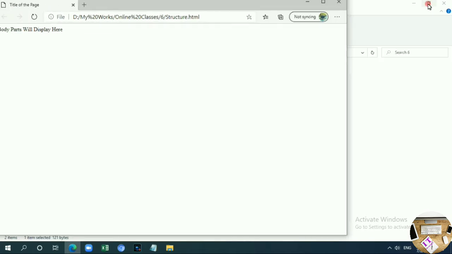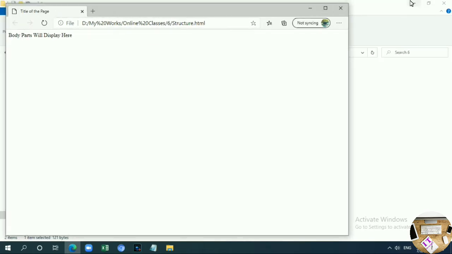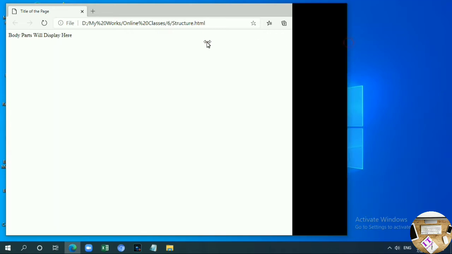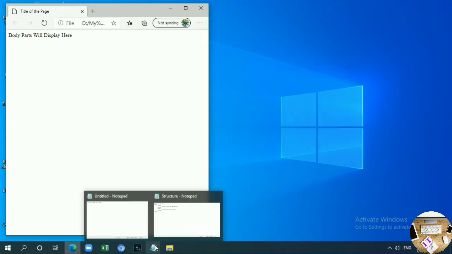Understood? So my page is loading, structure.html. Yes, look here, body parts will display here. So I am going to minimize this window. Then I'll show you what programs we already wrote.